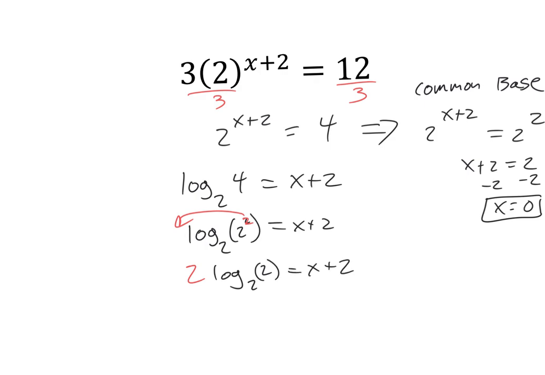And it turns out that anytime you have the same base, that's just a 1. So this whole thing just becomes 1. So this is like saying 2 times 1 equals x plus 2. Now I know that's a longer way around, but I think it's important that you know this feature, that if you have the same base and the same thing in the log, your answer is just going to equal